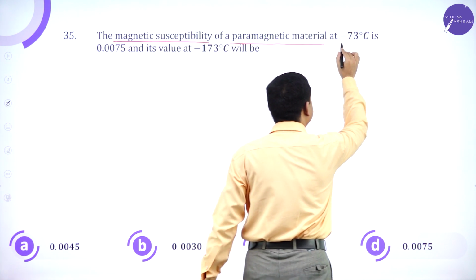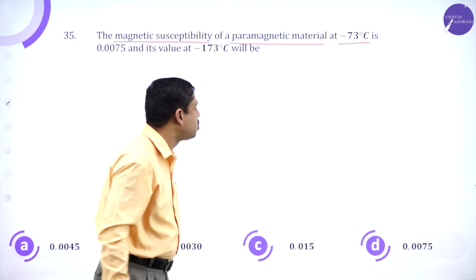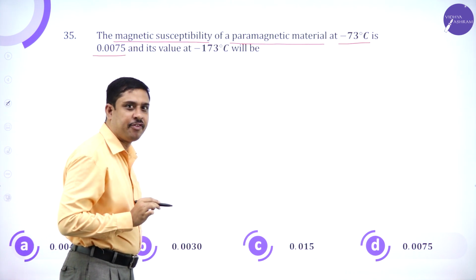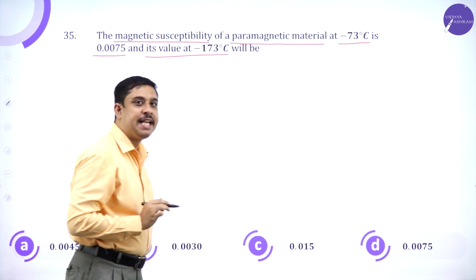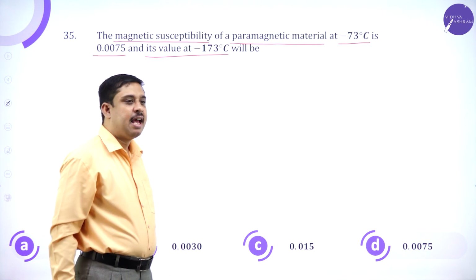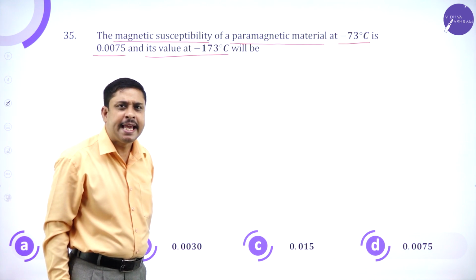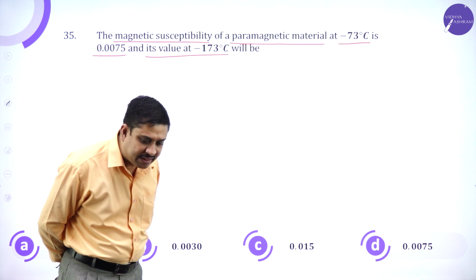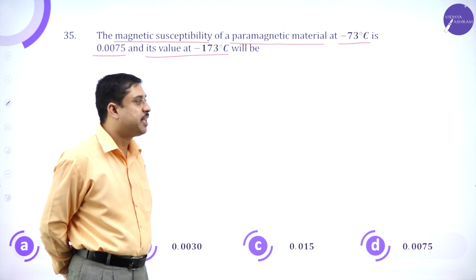At minus 73 degrees Celsius it is 0.075 and its value at minus 173 degrees Celsius has to be calculated. How do we relate susceptibility and temperature? Given it is a paramagnetic material,